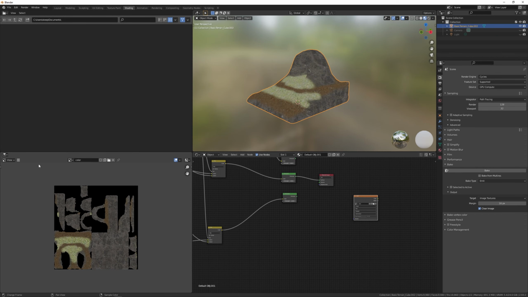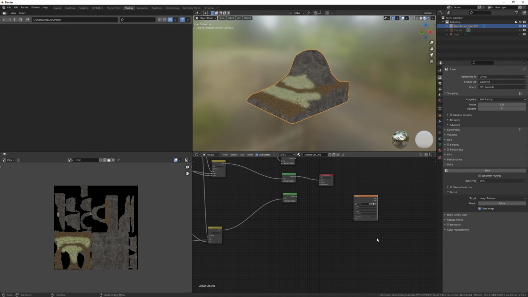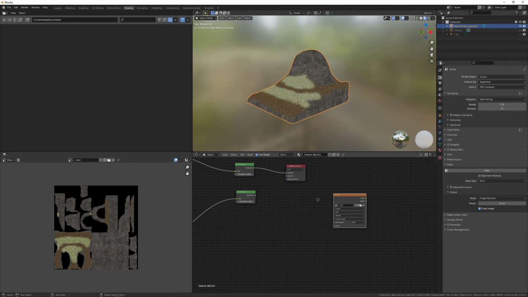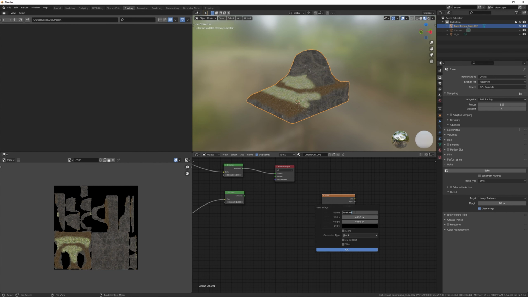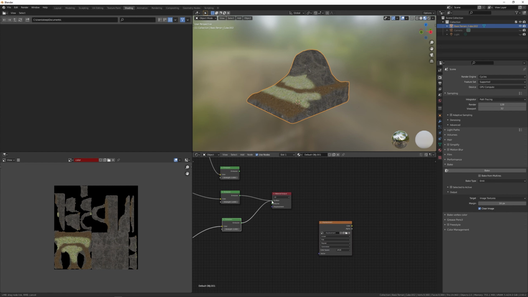So we have the color and we can save it. Save as color PNG. That's great. I'm going to create a new one. It's called displacement. And we're going to that one there.